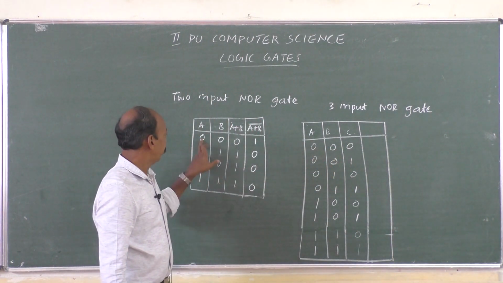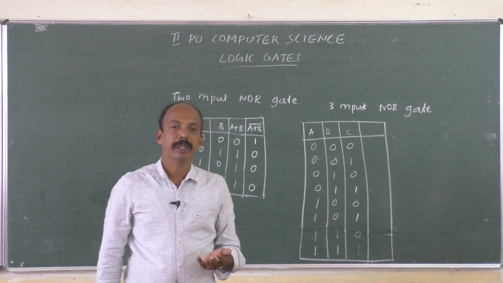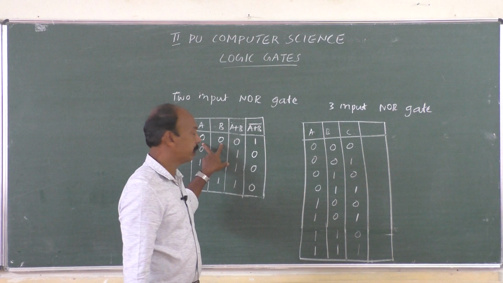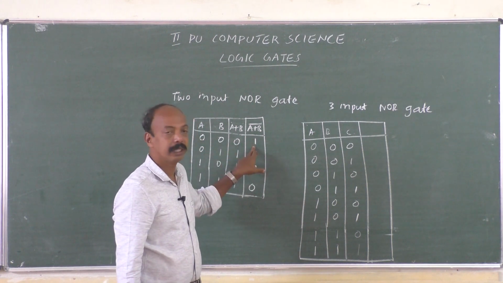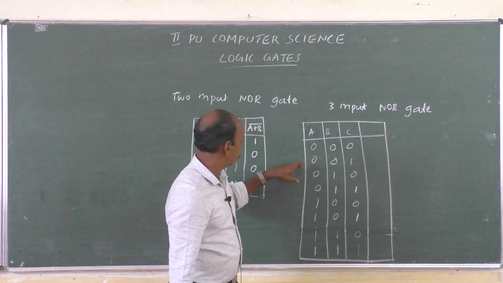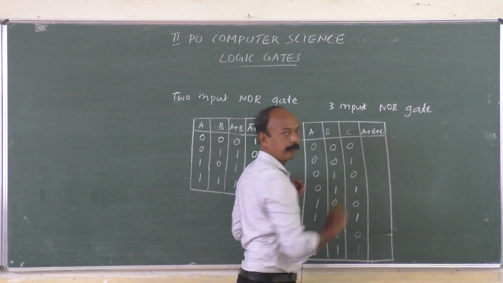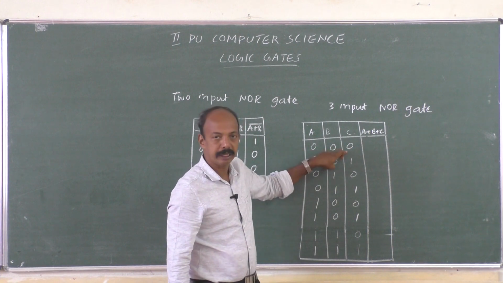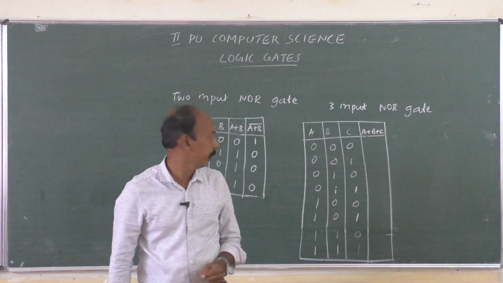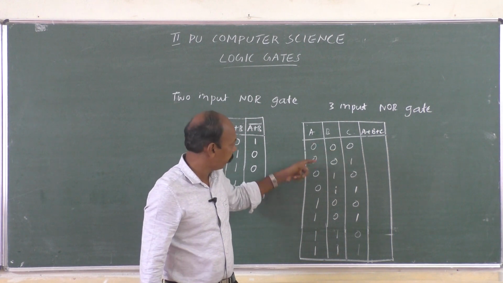Here also, for a 2 input NOR gate, only for the combination 0 and 0 we got the output as 1. That means if all the inputs are 0, then only we will get the output as 1, right? Here also it is the same, because in all the cases we directly write A plus B plus C. Unless it is this particular combination, if any one of the input values is 1, the output value will be 1. In all other combinations except the first combination, that is 0 0 0, we have 1.